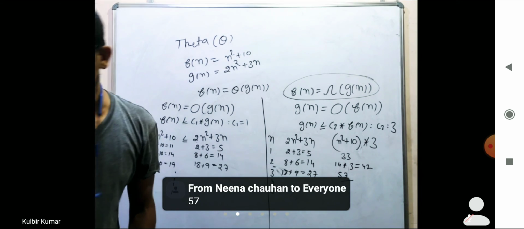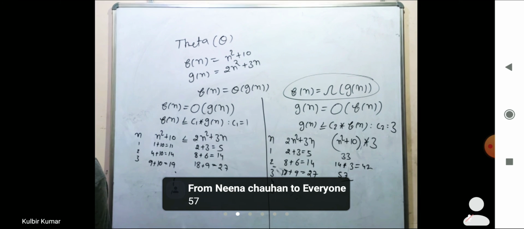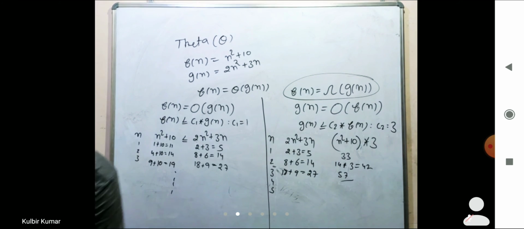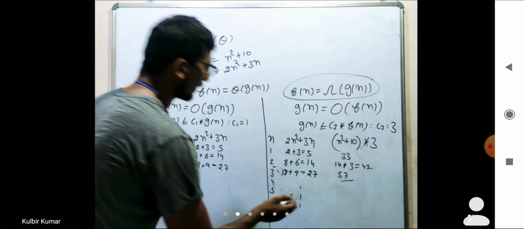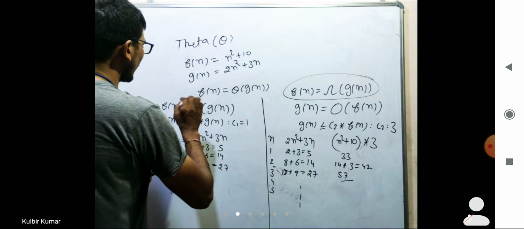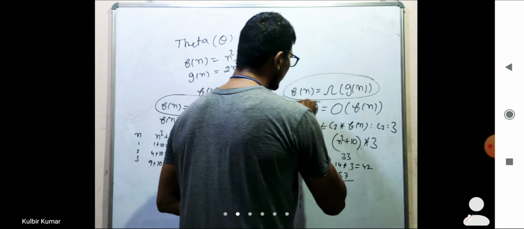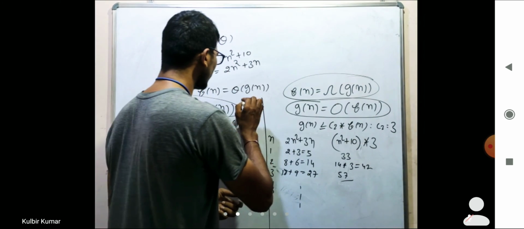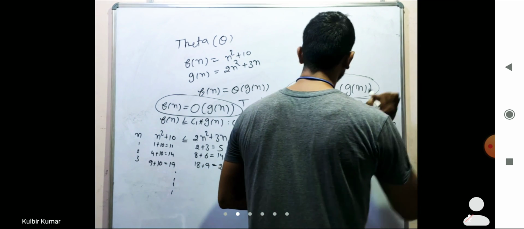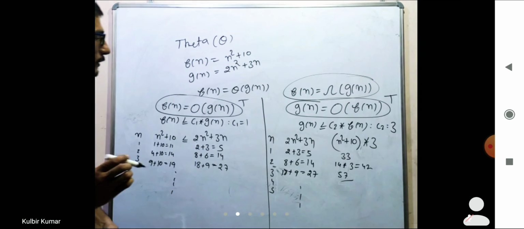Okay, and so you can check it further. So yeah, 42, 57, yeah, of course. So you can check further. So this condition is always satisfied. So f of n, I can write f of n is order of g of n, and g of n is order of f of n. Both are true. This is true and this is also true. So I can write f of n is theta of g of n,